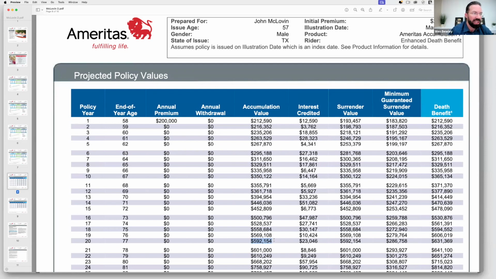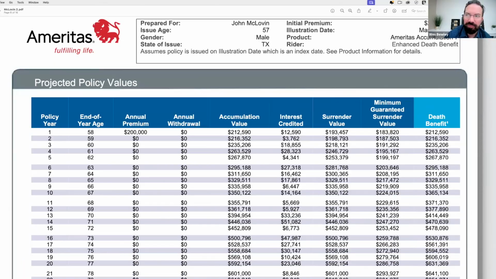And people ask me all the time, well, Wes, how's this possible? Well, it's easy. Number one, we didn't take any of those negative years. You never had a negative year, right? And if you go to interest credited and look on year two, if you do some math on this guy, this was 3,762. This was a bad year for this index. And the reason why is because if you do 4.5% on $80,000, you're going to get about $3,600, right? So it's about 4.5%. But then if you fast forward to the next year, you had 18,855 and 28,323 in growth. So that's one reason we can beat or keep up with the market while not having any downside potential.